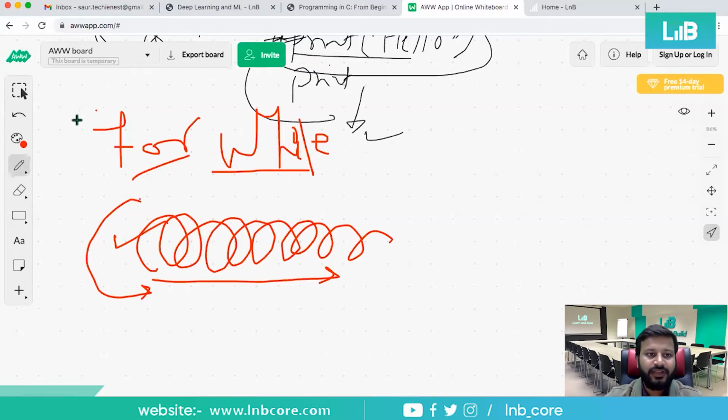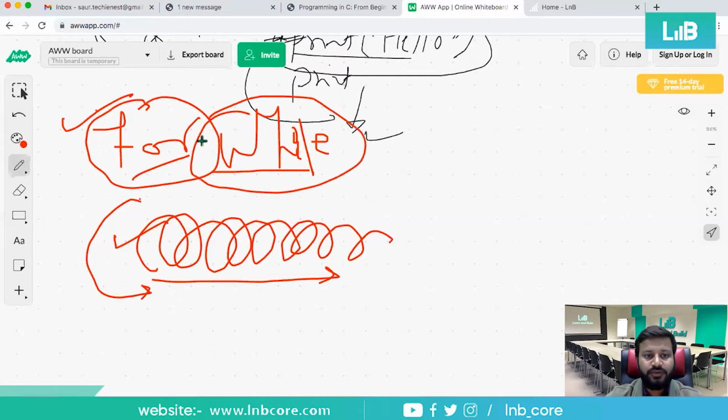So loop is nothing but a statement, either a statement of for or a statement of while. I'm just repeating these things again and again so that it strikes your mind and you remember these examples. Whenever any repetition is needed, you can use for or while, and the purpose of for and while is the same, to repeat the same things at one particular place, right?